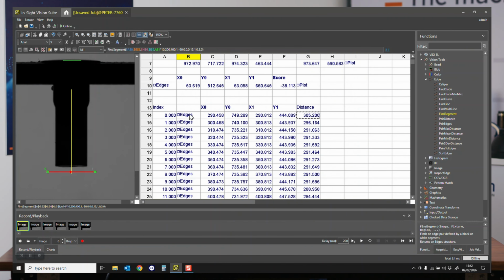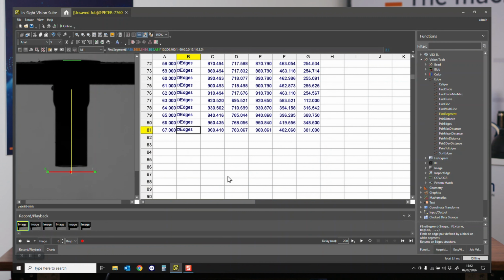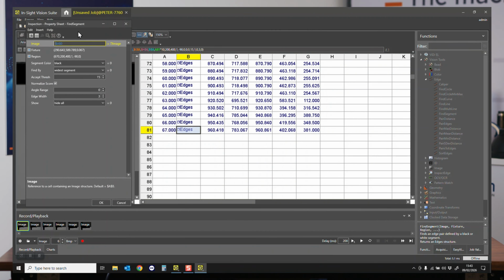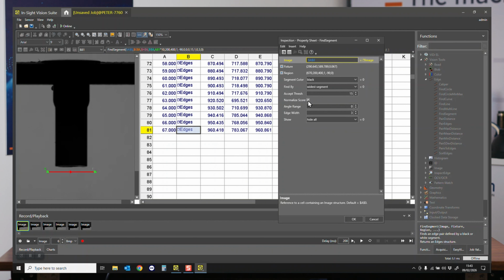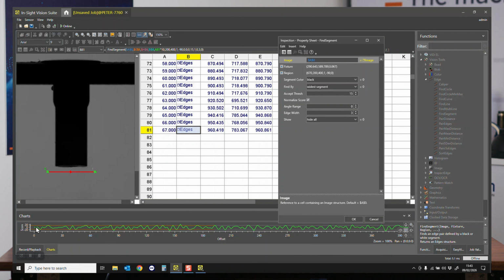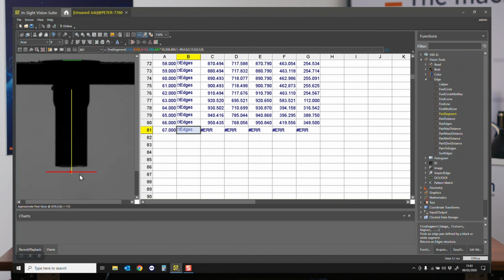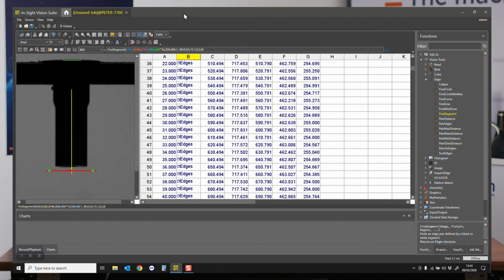Now, the reason it's doing that is, in fact, let's do it on the bottom one so you can see it live. If I open up the edges tool again, I've got this tick box selected, which is normalized score. So if I look at my chart, you can see this is what it's seeing. And it looks like what we're looking at is black and white, black and white, black and white, but it's not. It's just the fact that the background is slightly mottled. If I turn off normalized score and I leave my threshold set at 15, then I'm now not finding a point. And we just need to check that that still works fine on the ones where,